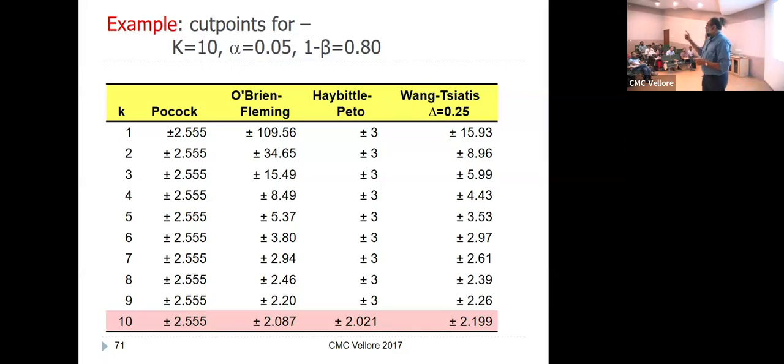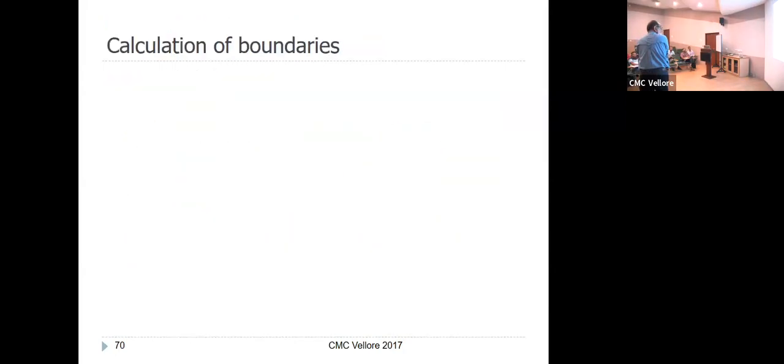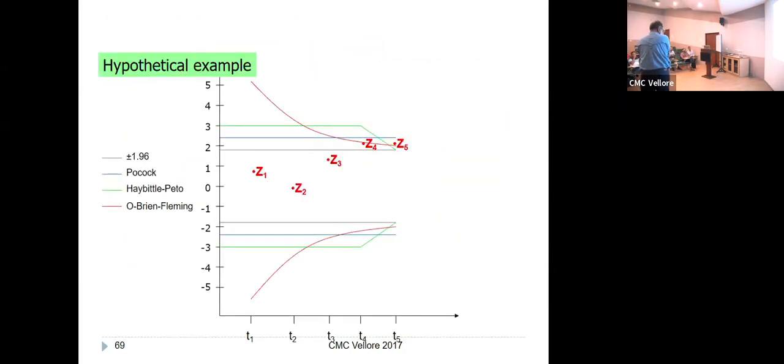But the problem was that all of these required that you pre-specify the number of looks that you're going to do. And the DSMBs don't work that way. They say, oh, you know, Z of 4 is close to it. Let's not wait. Let's have another look in a month. Let's do this. Let's do that. So you do it. Then how do you, well, but we didn't pre-specify.